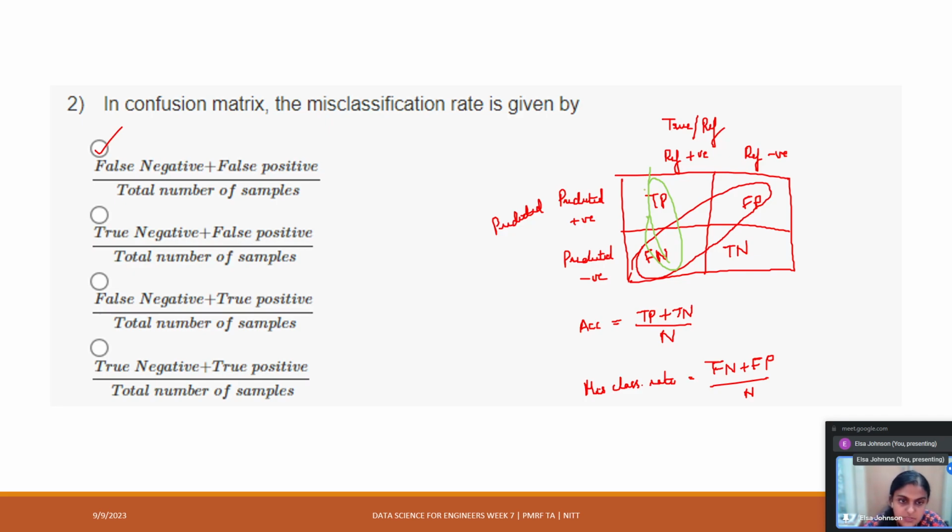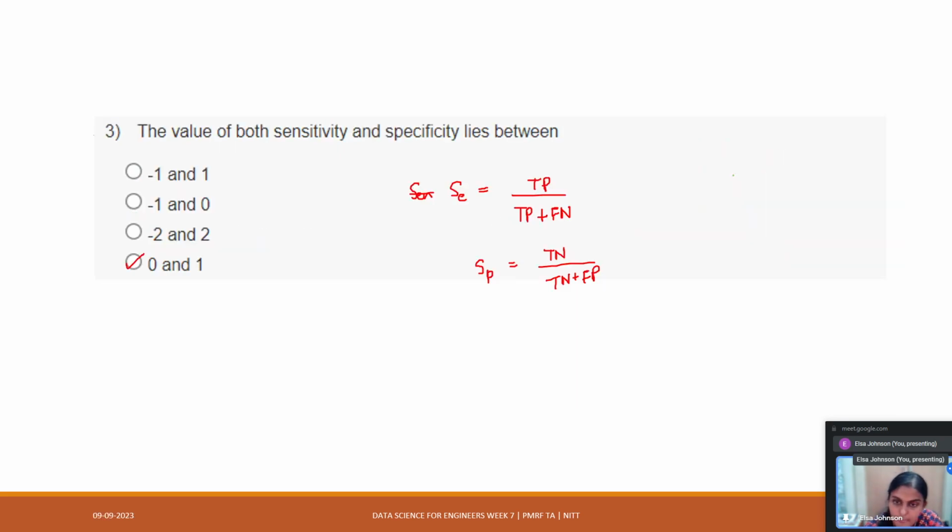Sensitivity means the ability to identify something as positive. And the ability to identify something as negative from the negative samples will give you the specificity. Okay, so I think that's clear. Any doubts you can ask,